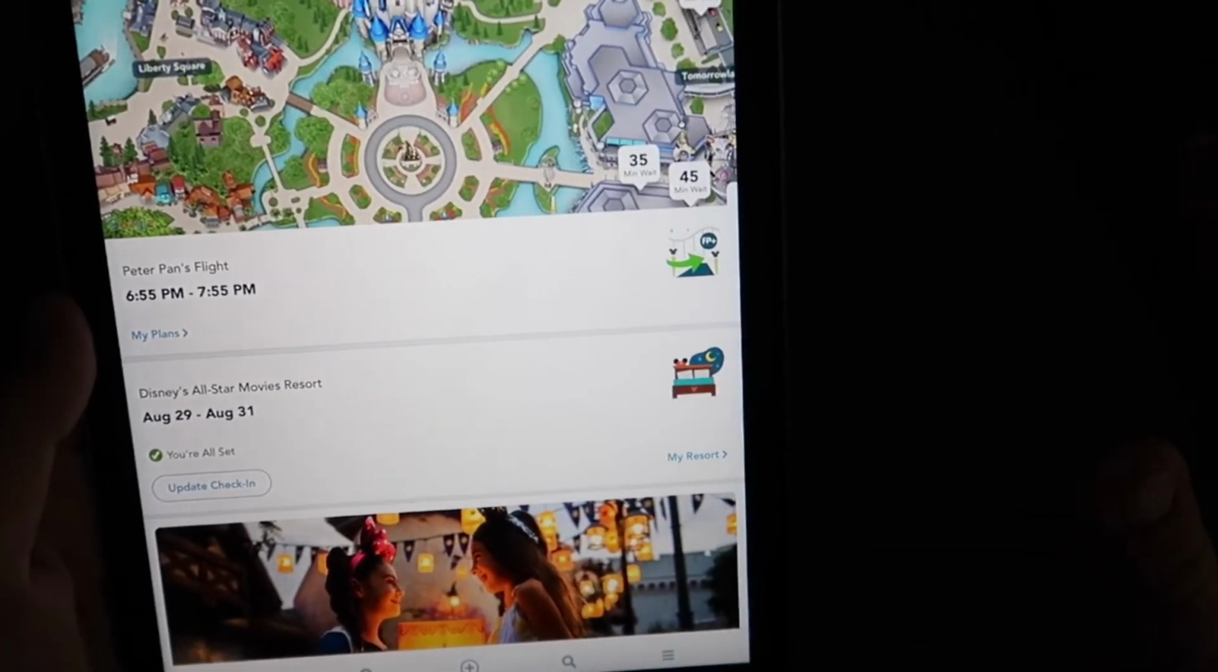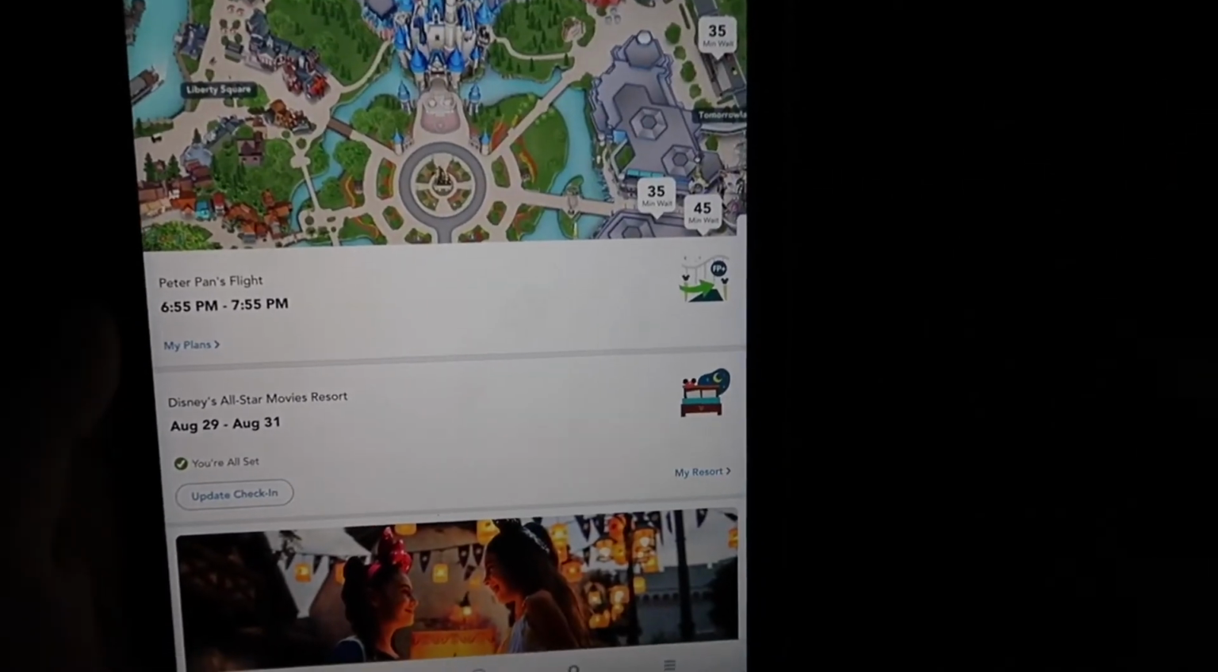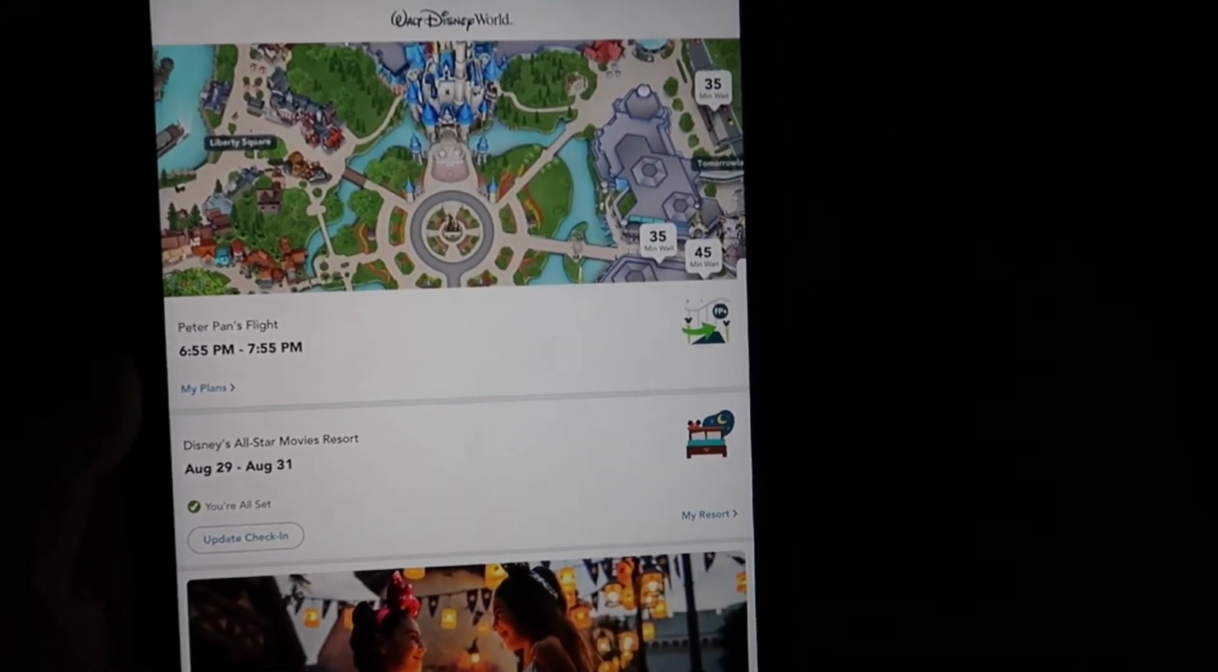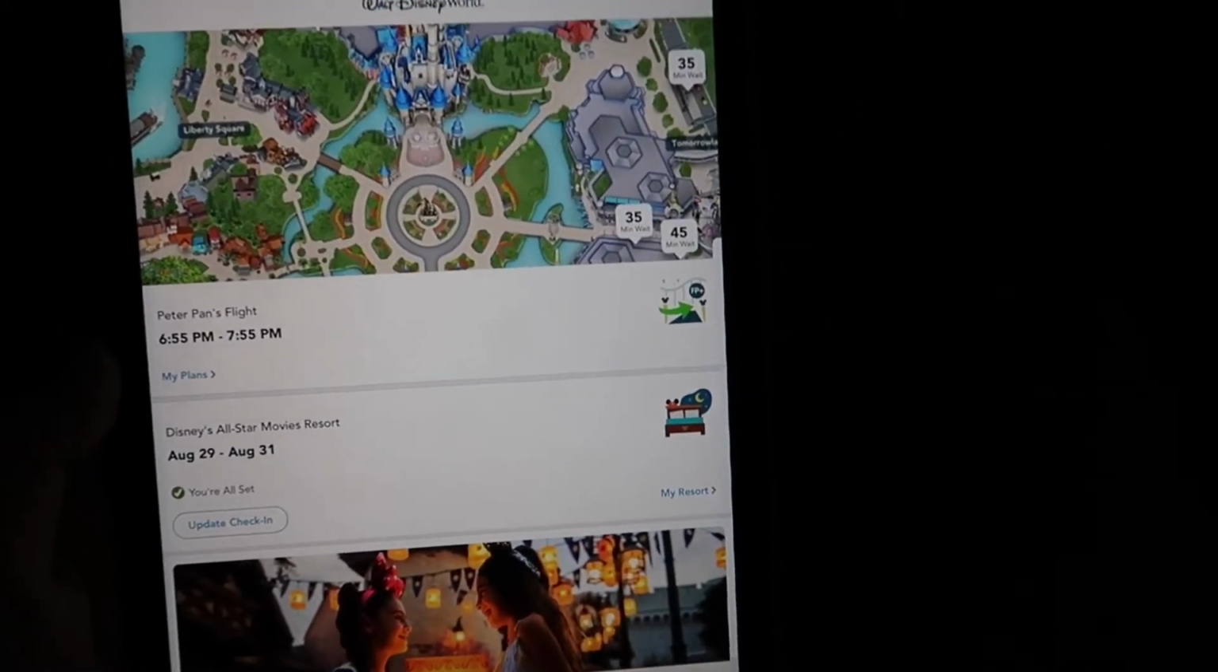Before you do anything else with the app, you've created an account. So the next thing I would do with the app is I would set up all your friends and family. I also need to stress this. If you're traveling with people,